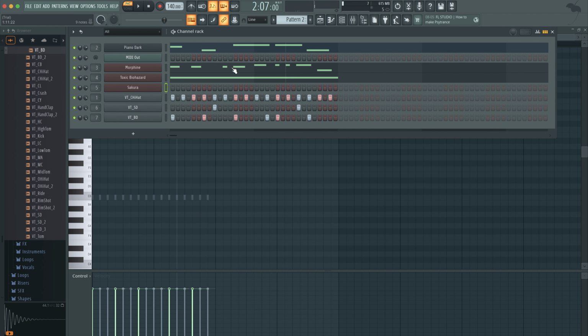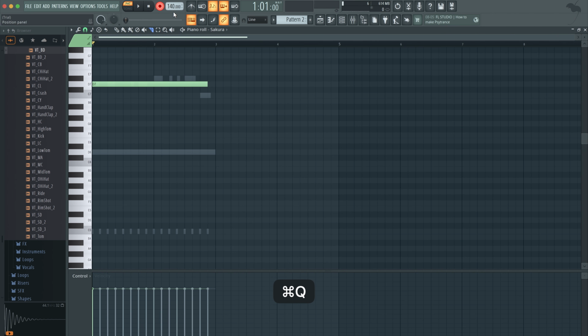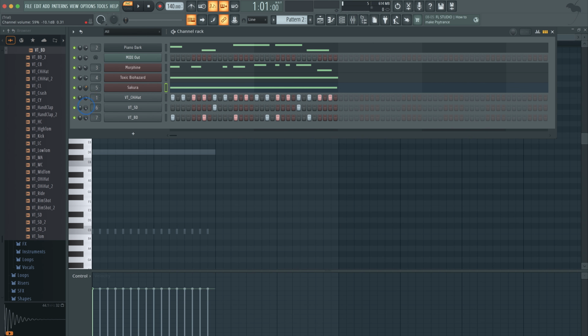So it sounds repetitive because we only made one bar worth of stuff. We're at 140 BPM, it's only one bar. Let's record this string at a very high note. We made a little hack beat using random sounds. So it just shows how in FL Studio, anything is possible for the most part. Let's just turn that down.